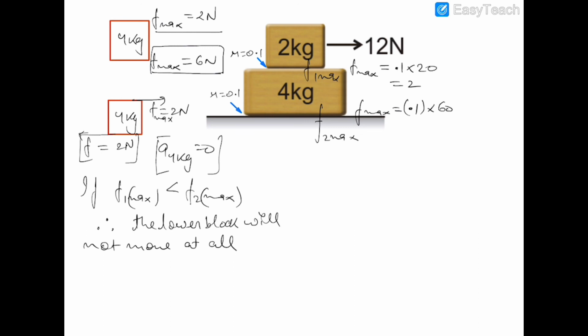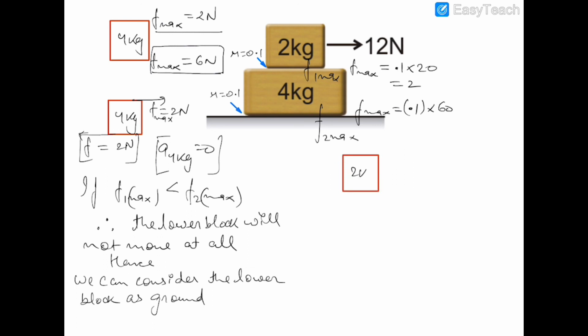Okay. Now if the 4 kg block will not move, then we can consider the lower block as ground. So if the lower block is a ground surface, then we can draw the free body diagram of the 2 kg block again. This is 2 kg, and this maximum friction will be 2 newtons, and this force of 12 newton will